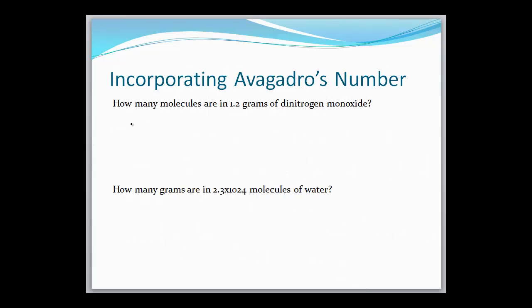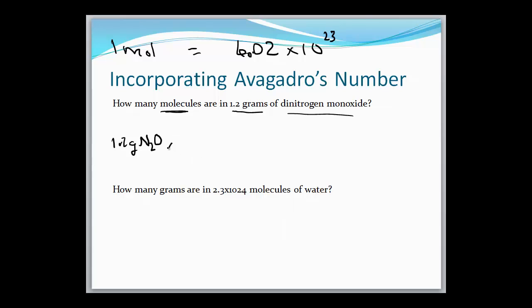Since we've already talked about Avogadro's number, and if you remember, that's 6.02 times 10 to the 23rd anything, we can incorporate that into these calculations. So we know that 1 mole of anything is equal to 6.02 times 10 to the 23rd of that anything. So if for some reason we wanted to know how many molecules there are in 1.2 grams of dinitrogen monoxide, start with the given, 1.2 grams